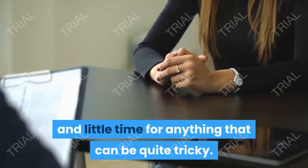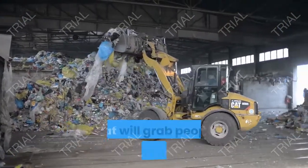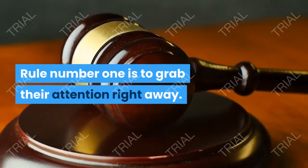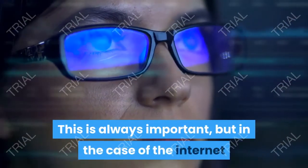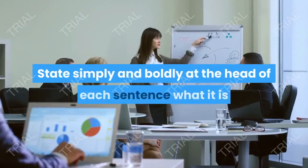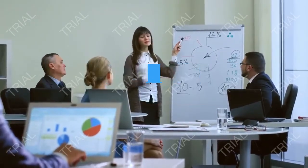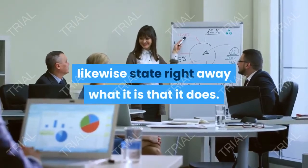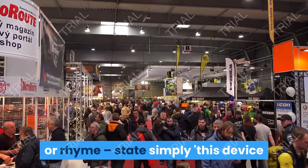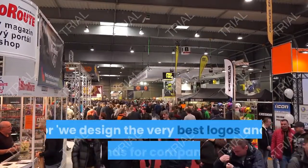So how do you go about writing content that will grab people and draw them in? Rule number 1 is to grab their attention right away. This is always important, but in the case of the internet, where we are used to short snippets of information, it's paramount. State simply and boldly at the head of each sentence what it is that your company provides, and if you're marketing a product, likewise state right away what it is that it does. Don't open up with a fun quip or rhyme. State simply, "This device will wake you up on time every morning," or "We design the very best logos and